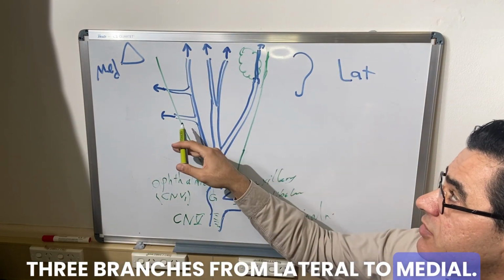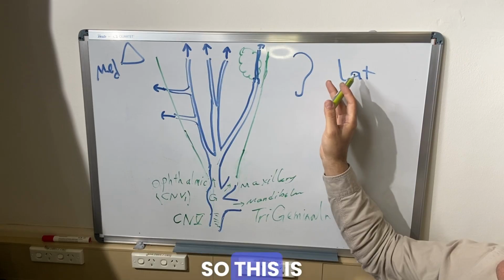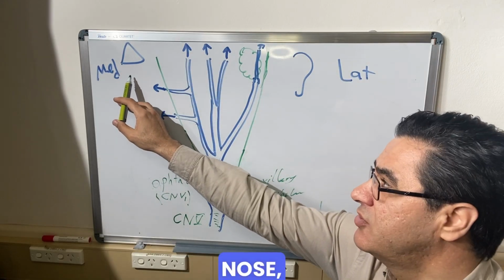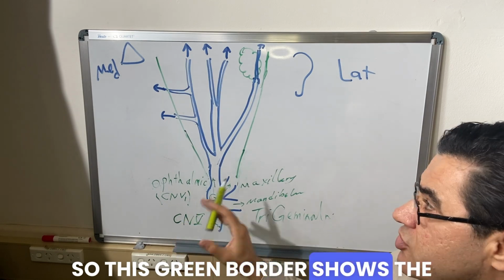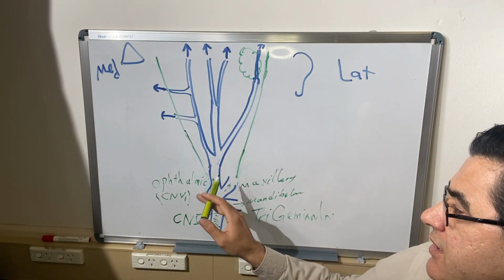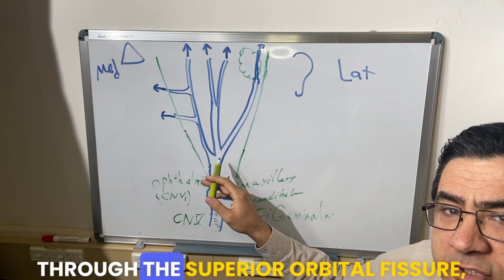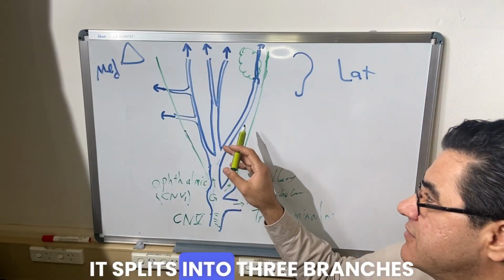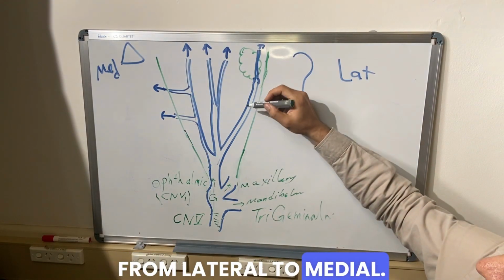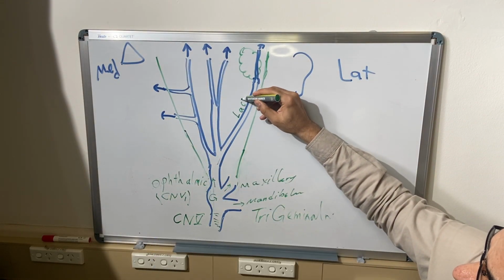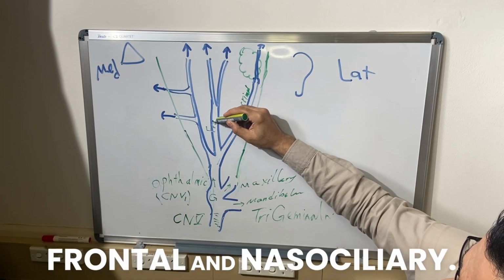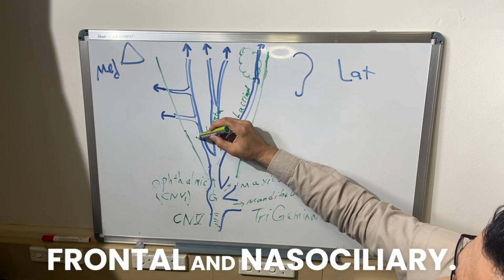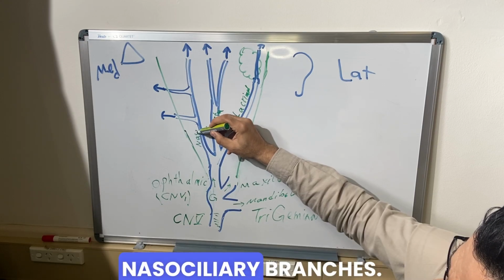From lateral to medial, this is the ear, so this is the lateral. Here is your nose, this is the medial. So this green border shows the inside of the orbit. After getting into the orbit through the superior orbital fissure, it splits into 3 branches from lateral to medial. We have lacrimal, frontal, and nasociliary